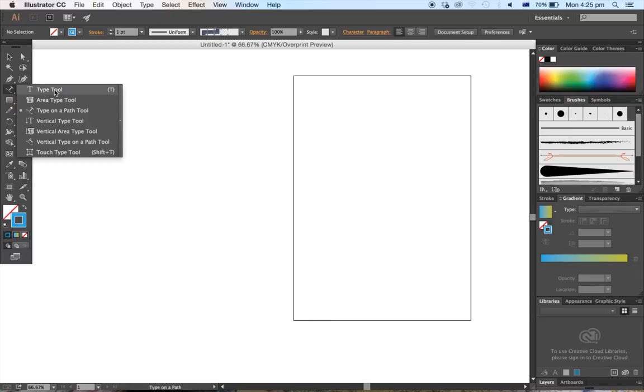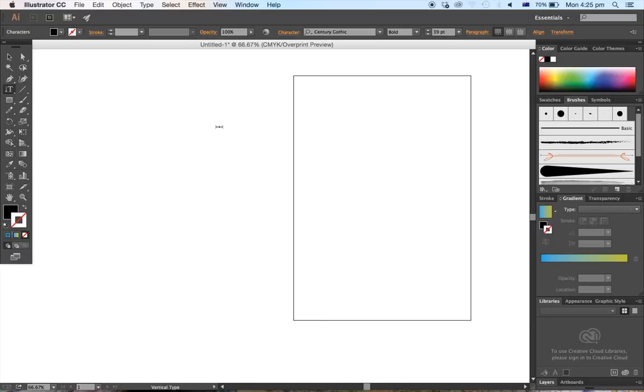The three things I showed you, so the type tool, the type area, type and path, you can do all of those three things in a vertical sense. I don't know why you would ever want to use vertical type. I could not encourage you less to use vertical type, but if you need it for some reason, then that's here. If you don't know what I'm talking about with vertical type, this is what I'm talking about. This is vertical type, and it's a nightmare to read, guys, because it's vertical type. But anyway, yeah,